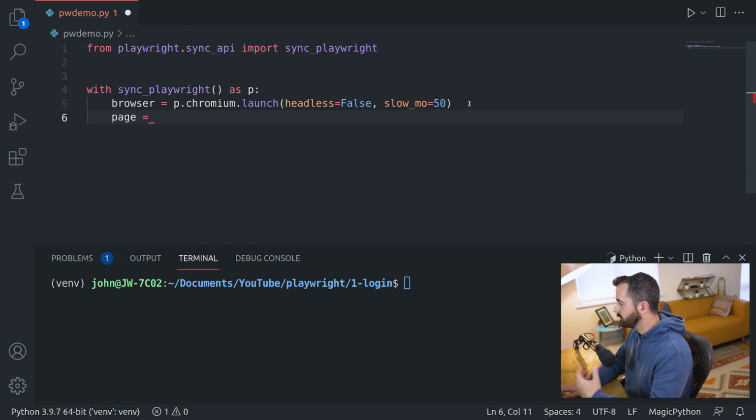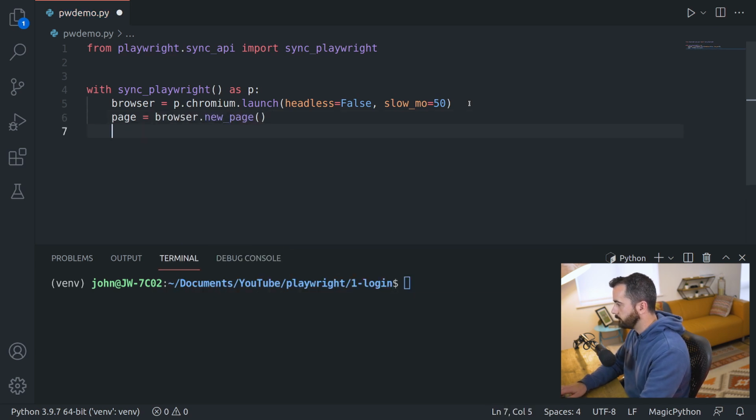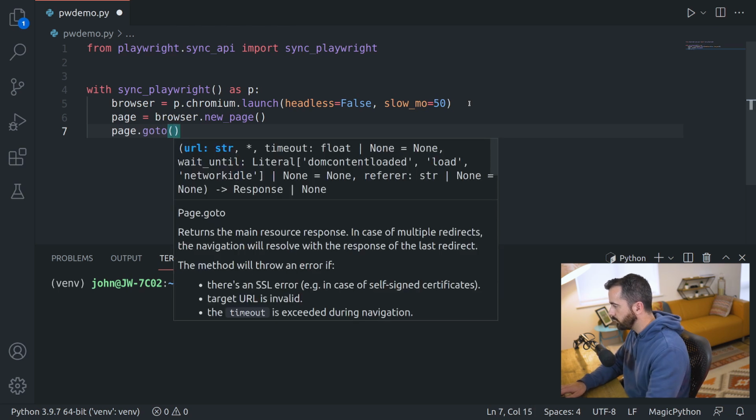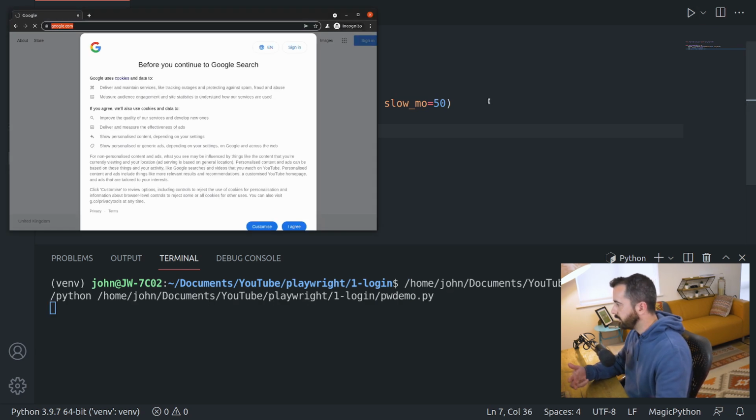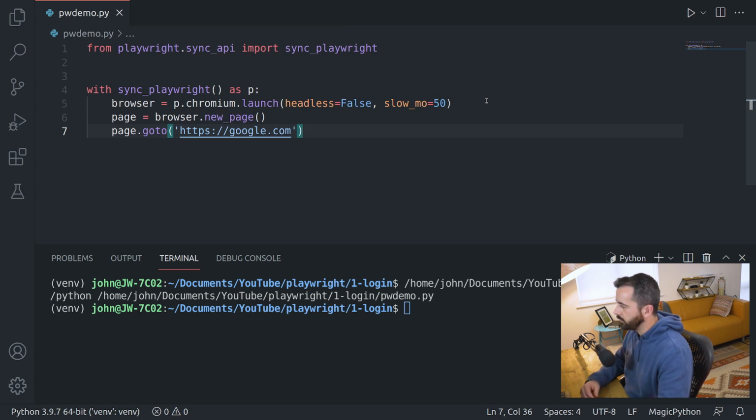something that we can tell our Playwright to click on links, follow things, to type into boxes. So we're going to say page is equal to browser.new_page. Now from here we can use page.goto to go to certain websites or wherever we want to. So I'm going to do https and we'll just do google.com. I'm going to save it there and I'm actually going to run it now, and what we should see is a browser pop up